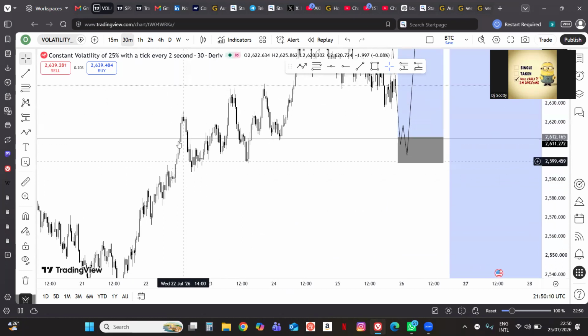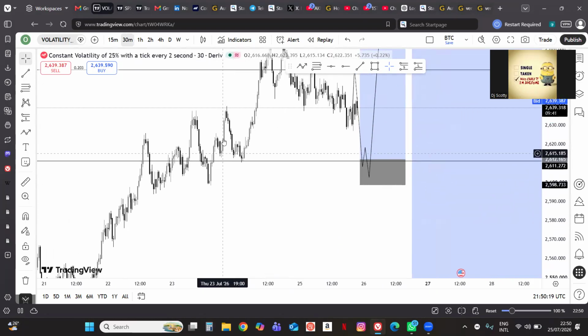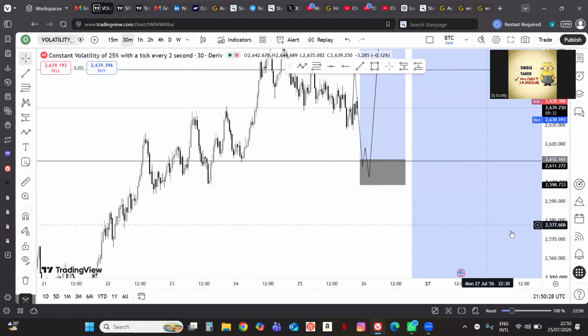These are all break of structures. This is a break of structure here. There's nothing here. This is a break of structure. This is an inducement, right? Remember, inducement must be taken out. This inducement has not been taken out. This is another break of structure, right? And then inducement. Unless